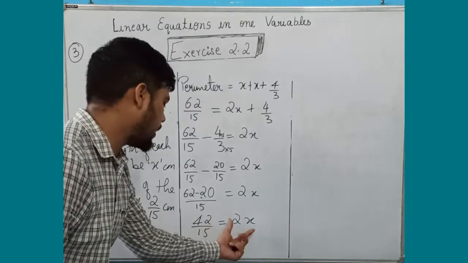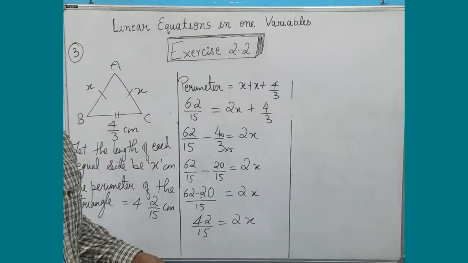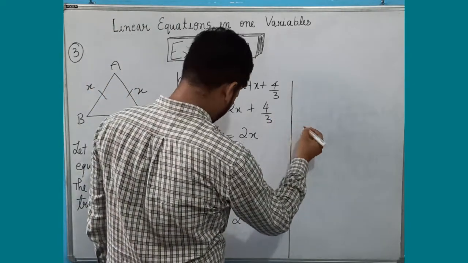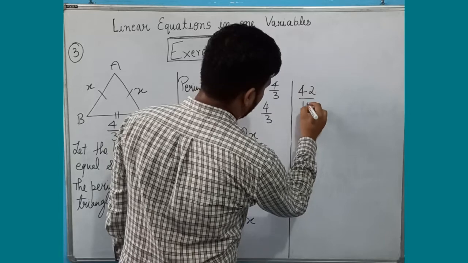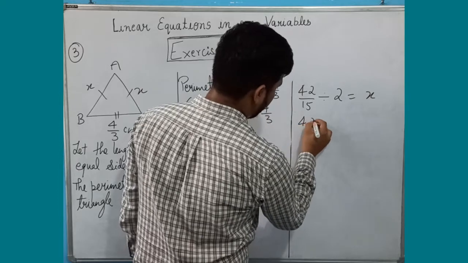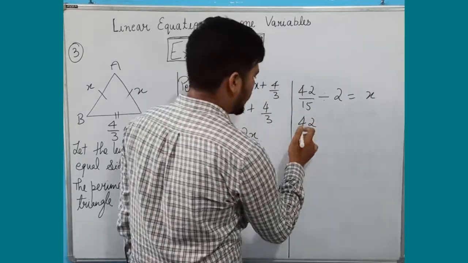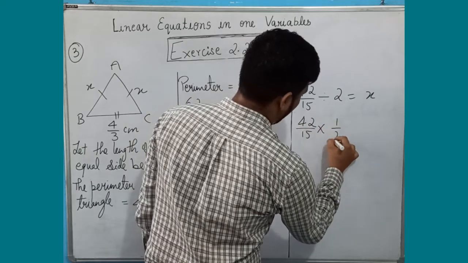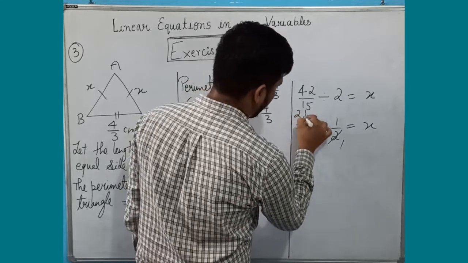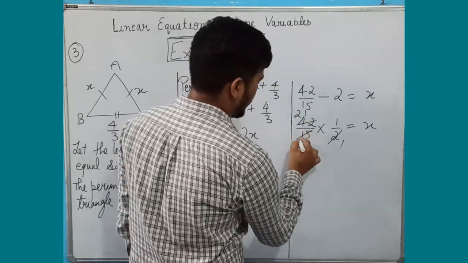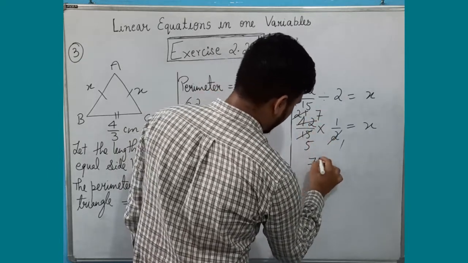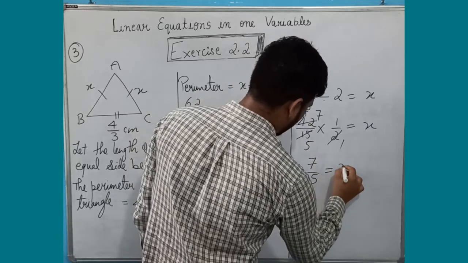Now since this 2 and x are getting multiplied, when the 2 is shifted onto the other side, it will obviously become divide. So let's continue with this. We have 42/15, divide by 2 is equal to x. I know that division of fractions can be done using the multiplicative inverse. So multiplied by 1/2, which is equal to x. So 2 ones are 2, and this will give me 21. So I can even simplify this. 3 5s are 15, and 3 7s are 21. So what do I have? 7 ones are 7, and 5 ones are 5, equal to x.